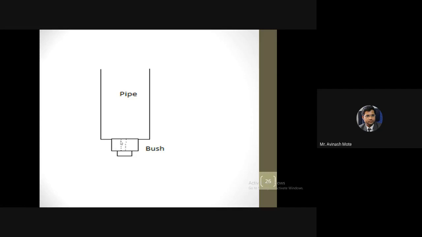See, this bush is of lesser size than the size of the pipe, so obviously we require the threaded screw. Right. So this is the setup. It is a very simple setup. A pipe is there, and to support that pipe we are having a bush which is fitted with the threaded screw to the pipe. So that's the simple setup, and we have to design this bush.